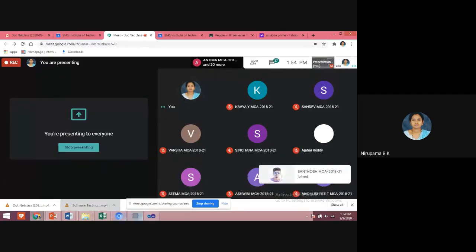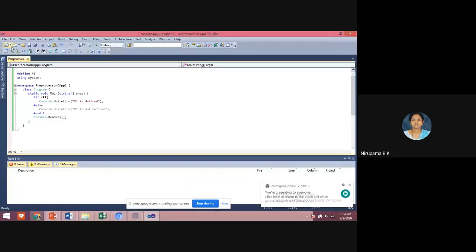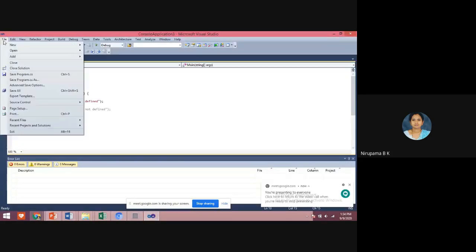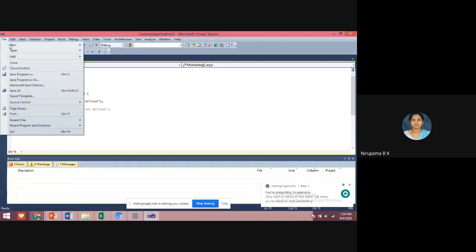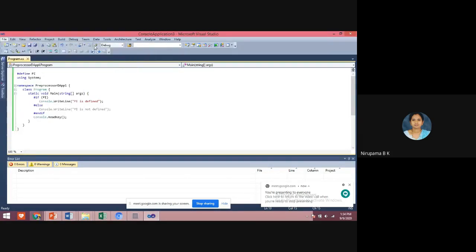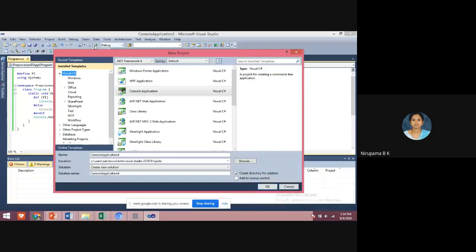Yes, this is Visual Studio. In Visual Studio, to create a file, go to the File menu. When you click on the File menu, you will get so many options. There, you click on Project. See, students, if you installed this software first,